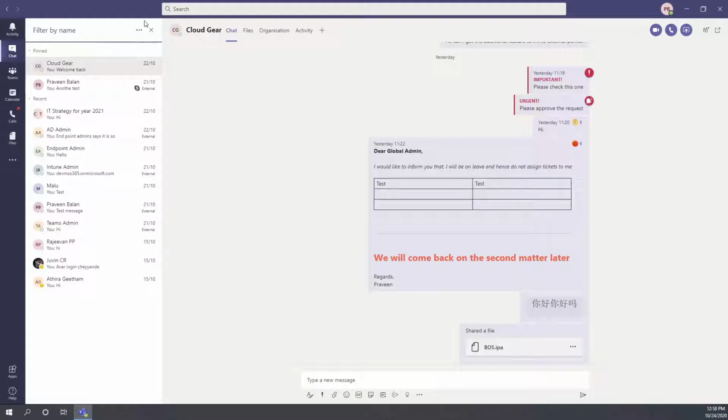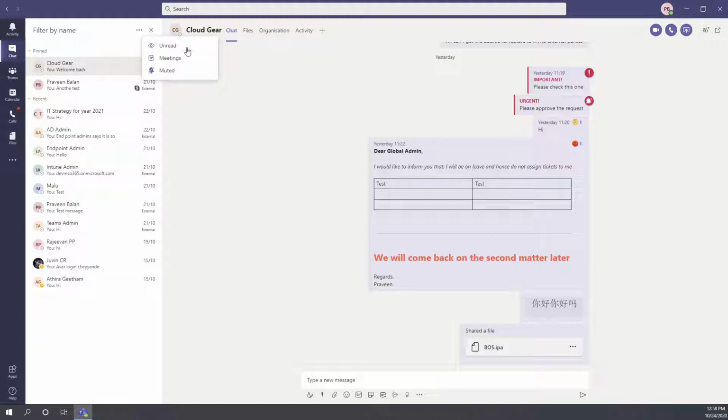Hi everyone. Today I came up with a slightly different video. In this video we are going to focus mostly on the Teams chat features. We all know that Microsoft Teams is built as a chat-based workspace. So the whole video today we will be speaking more about how we can effectively organize the chat area of Microsoft Teams. 80% of the time we spend inside Teams is in the chat space.